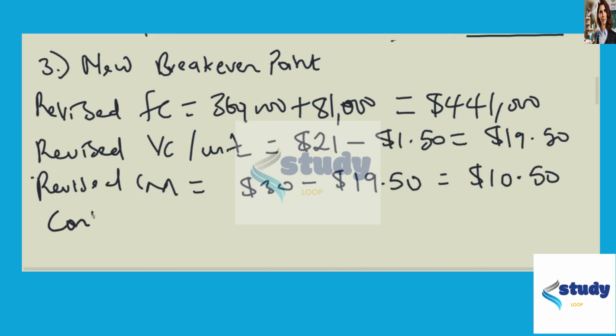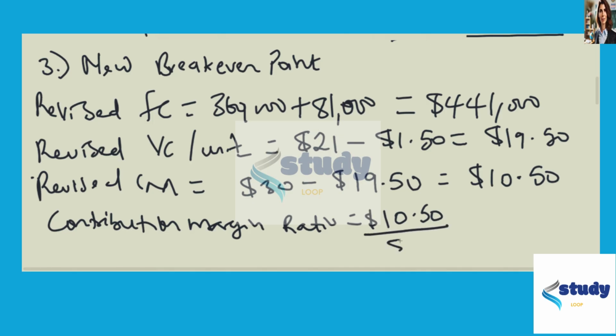Now the contribution margin ratio will be equal to $10.50 divided by $30, which is right here, and now this is going to give you